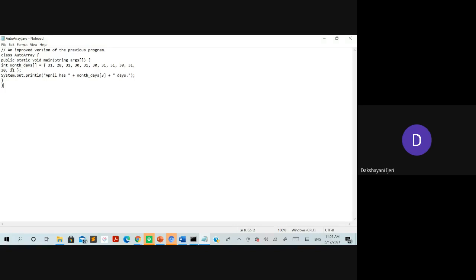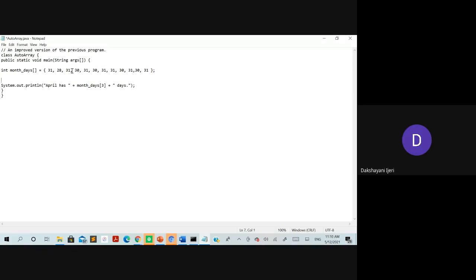Instead of declaring the variable directly, they have taken the type, the name of the variable followed by the square brackets without the size here. Okay, so the equal to symbol has been used, followed by the curly brackets here. Concentrate on this statement, only this statement. So this is another way.